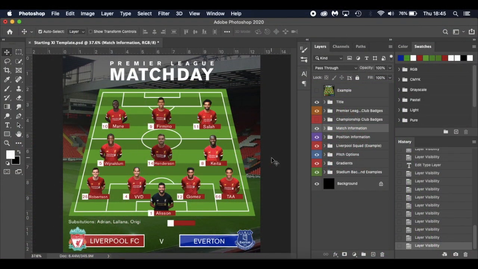Today I've got a starting Matchday 11 graphics pack to use for your social media. It's pretty straightforward, but before you click the download button down below, I would just recommend watching this video on how to edit it and how to change a few things, because there's quite a few options that I've